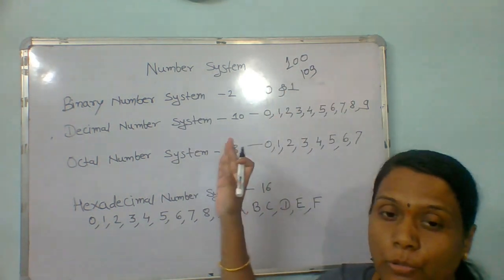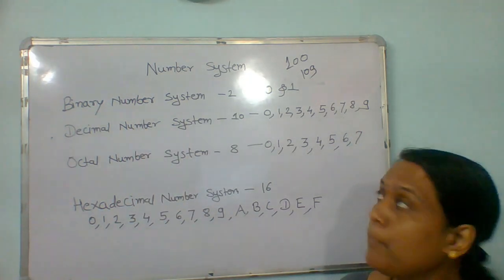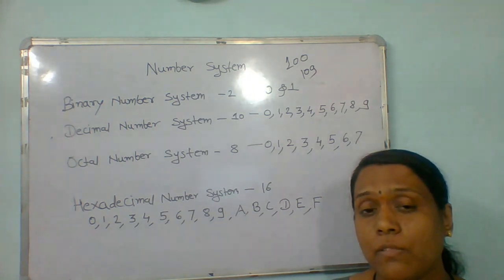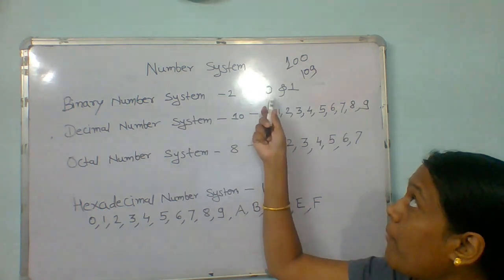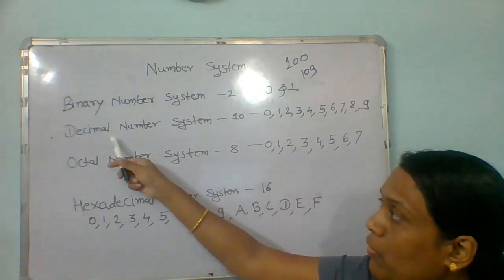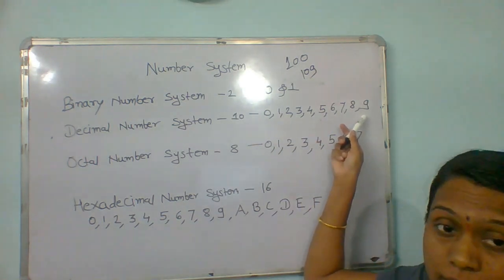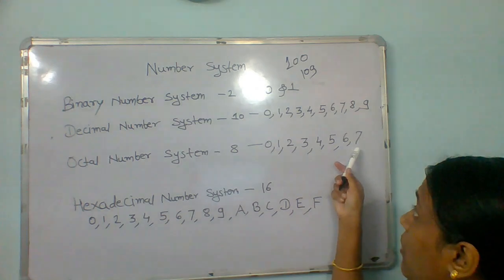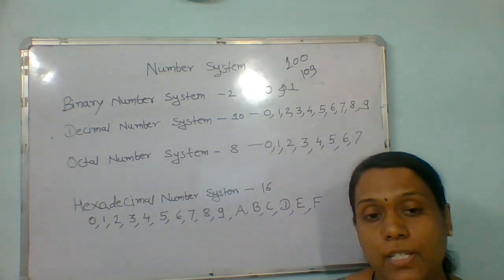So when you write this number using any language, the number's value is not going to change. 100 means what? If you write 100 using binary, then we have to use a combination of 0 and 1. If you are using decimal, then we use the digits 0 to 9. Then in the octal number system, again 10, it is not 9, so we have to use those particular symbols.